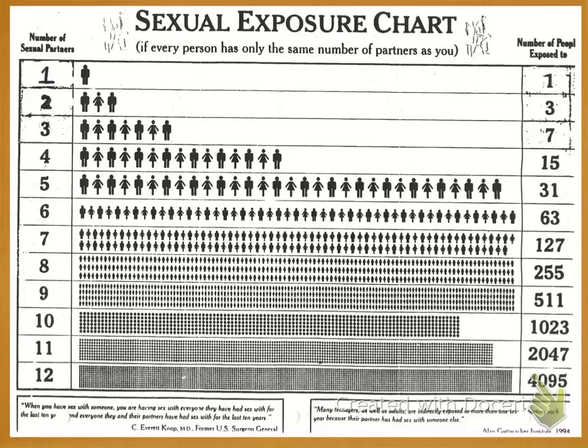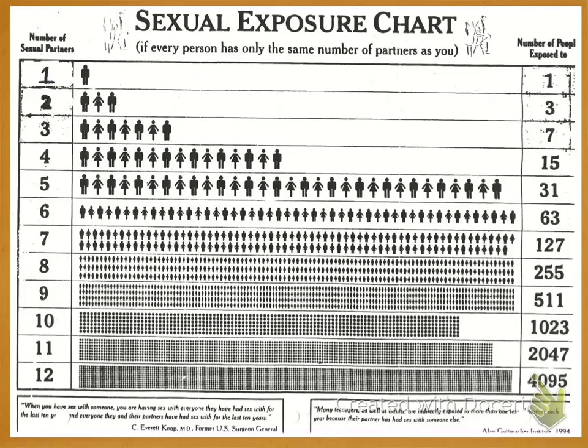Just FYI, because we're talking about blood-borne illnesses and we were talking about HIV and the spread of HIV yesterday, I just want to point out something on this chart right here. As we talk about how prevalent HIV is, every 9.5 seconds somebody contracts HIV. This is probably why. This is an exposure chart.